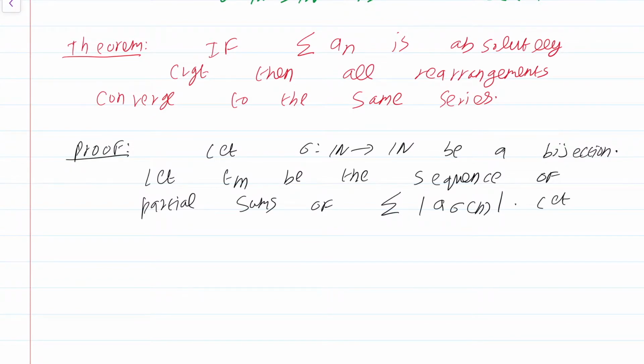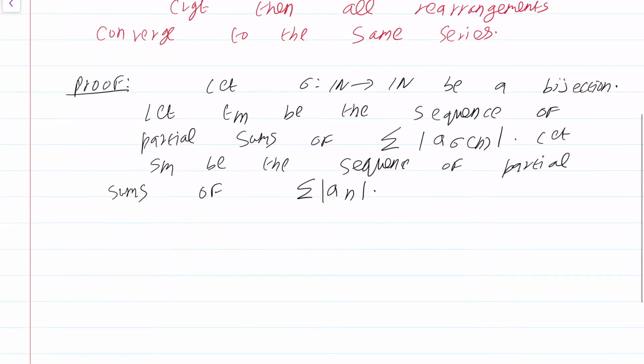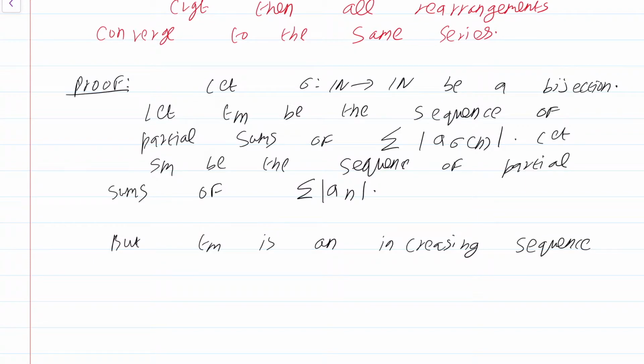Let Sm be the sequence of partial sums of summation mod an of the original series. Now we have to show that Tm is convergent, but Tm is an increasing sequence, simply because at each stage you're just adding a non-negative term to it,